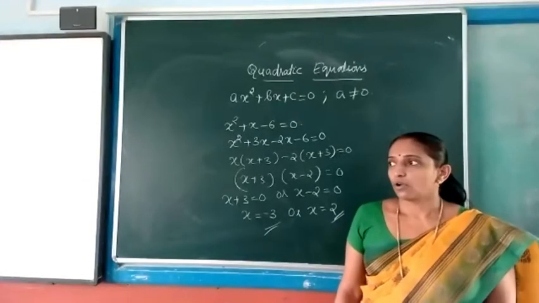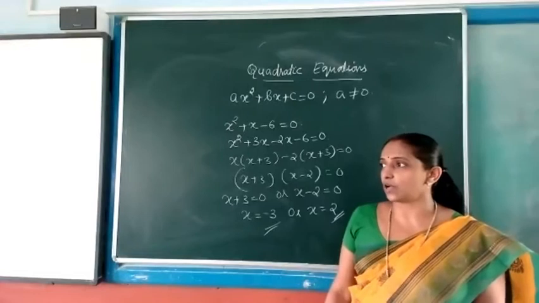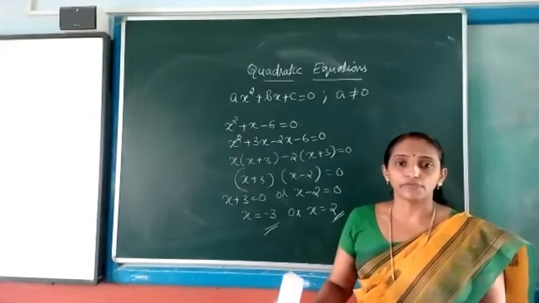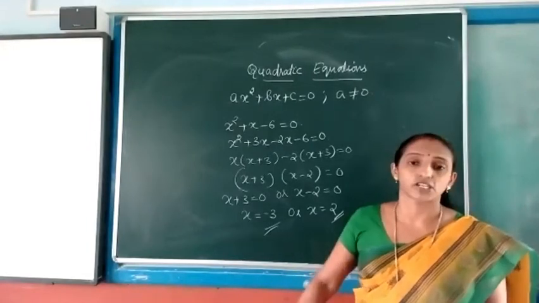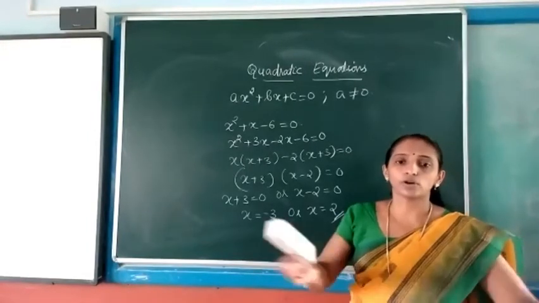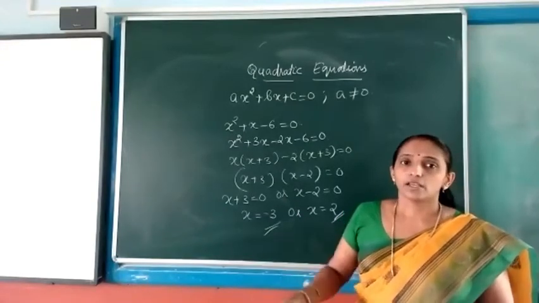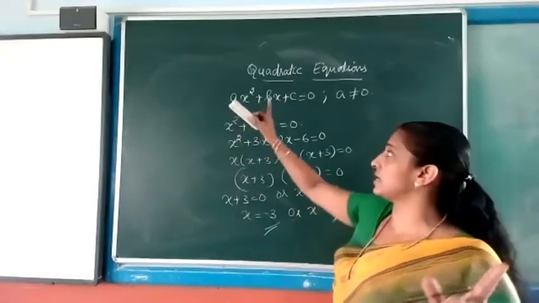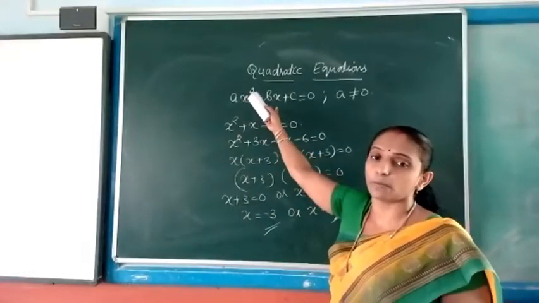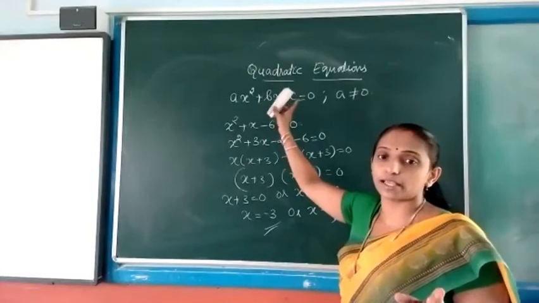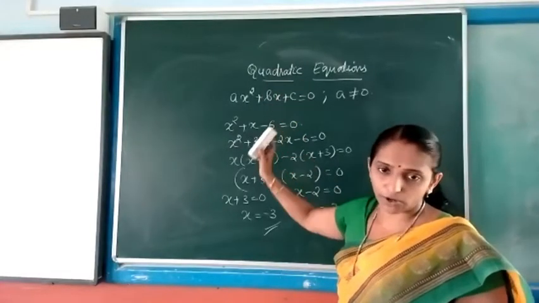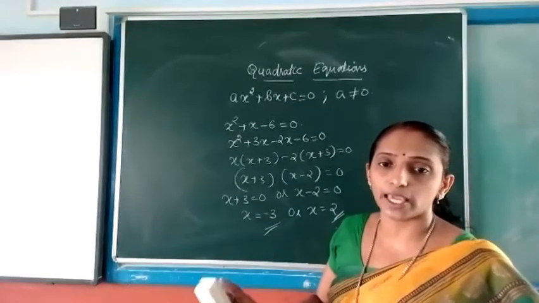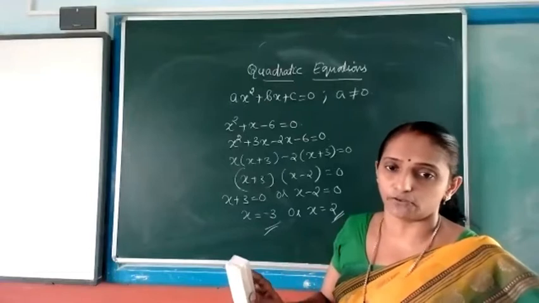Okay. Now, for solving the quadratic equation, you have to listen to a few things. First of all, if you are having a fractional term, or terms are given on both the sides, you have to make the equation in the standard form. This is our standard form, ax square plus bx plus c equal to 0. So first of all, you have to make the equation in the standard form.